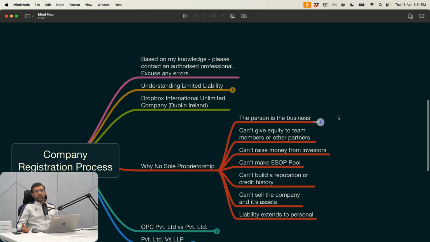You need some documentation in the company name. It can be a shop registration certificate, which the local municipality does, or you can register for GST. GST is required if you do more than 20 lakhs in a year as a services business, or more than 40 lakhs in a year as a product business, like a goods business.